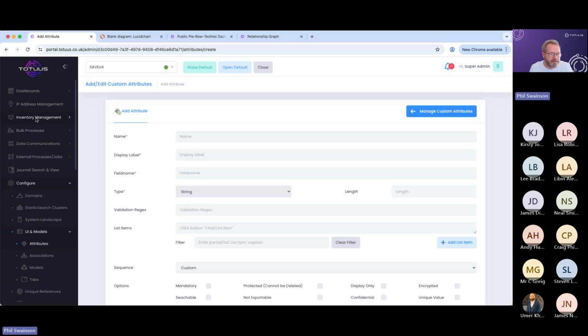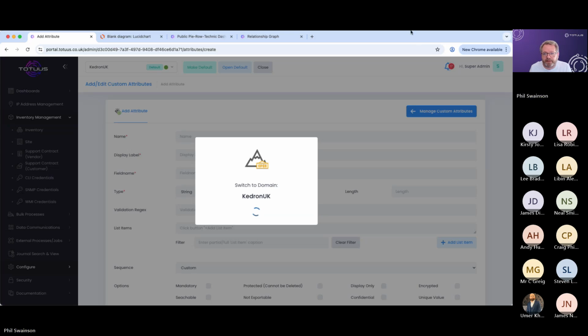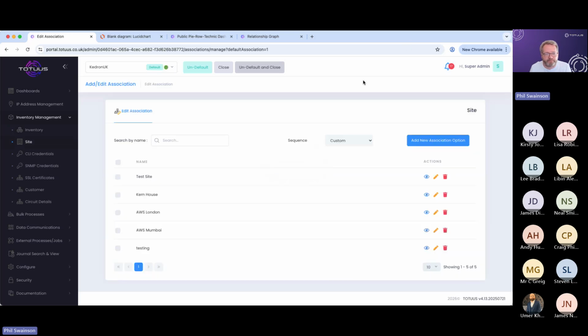So the next part of it then is, once we've built out our attribute set, to understand whether or not there are things that we can gather that we can associate. So information which is something that can be applied to multiple things. Site is a good example of that. So if I go to inventory here, go to site, let's switch to a domain where we've got a little bit more information in. There we go. So we've got site here, and obviously we've got multiple devices that are on the same site. And so therefore,